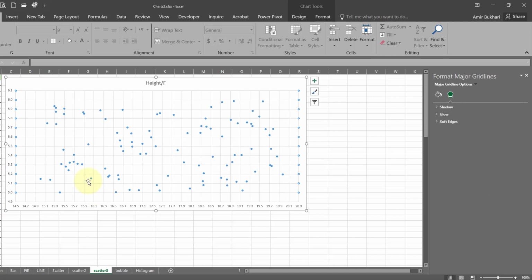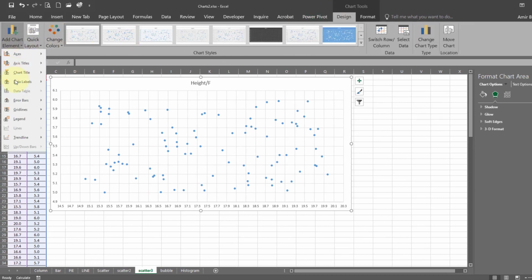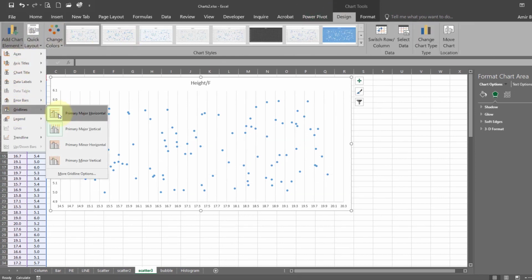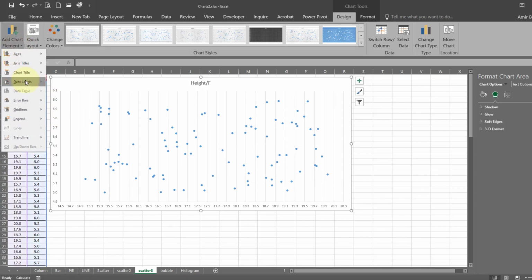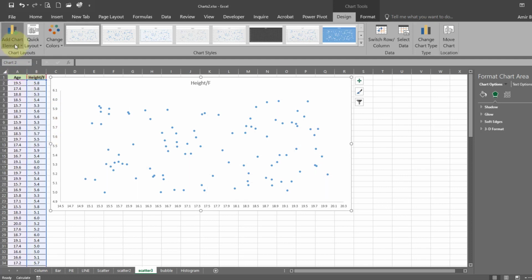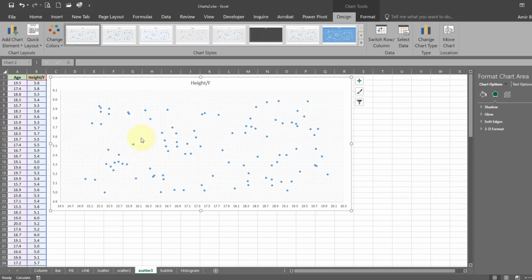Okay, now the other thing are the grid lines that we have here. We want to increase or change these grid lines, or we want to display them more clearly. Now at the moment they are perfectly aligned here. So we just click the chart, design, and we can come here and see it says primary, major horizontal and major vertical. Let us remove those ones first. Now we will come and select the vertical. They are not visible.